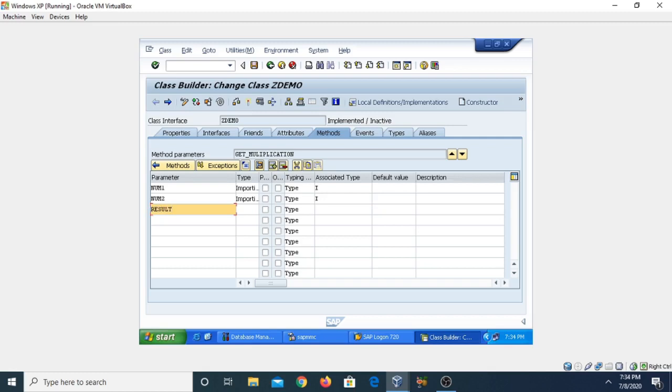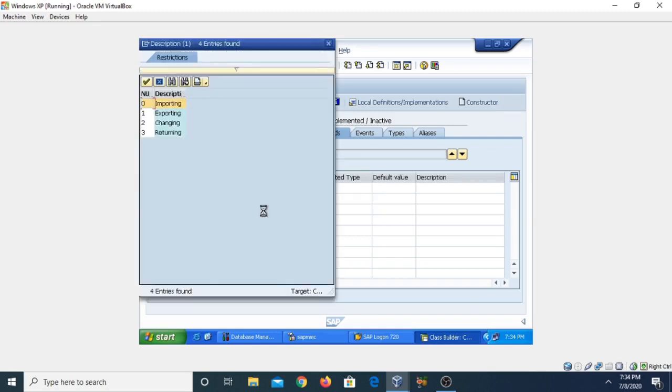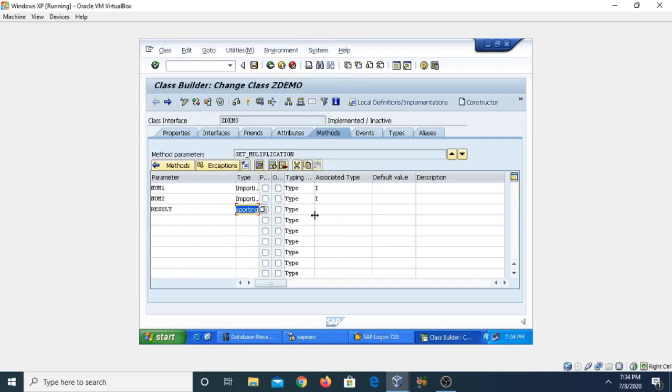So result, and we can also take exporting here. So this is an exporting. Now the associated type is integer. Now click on the save button.